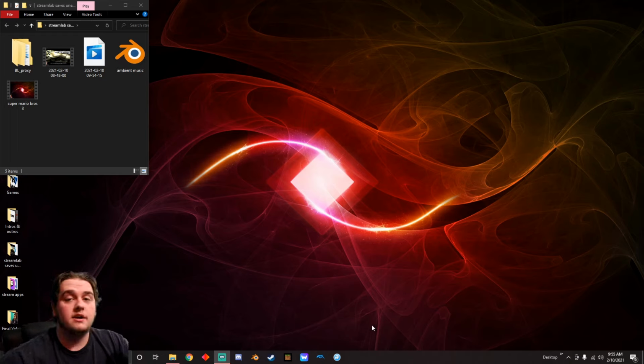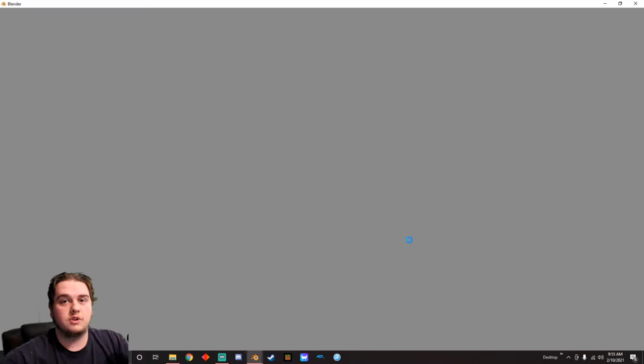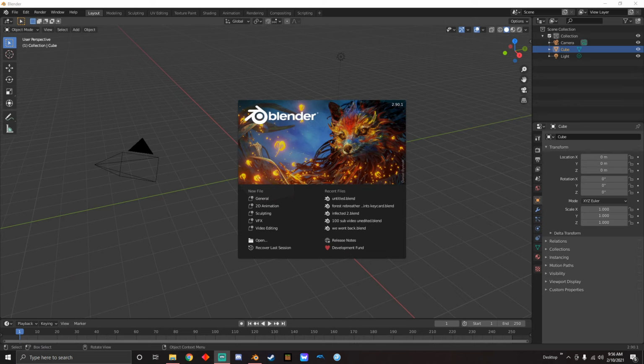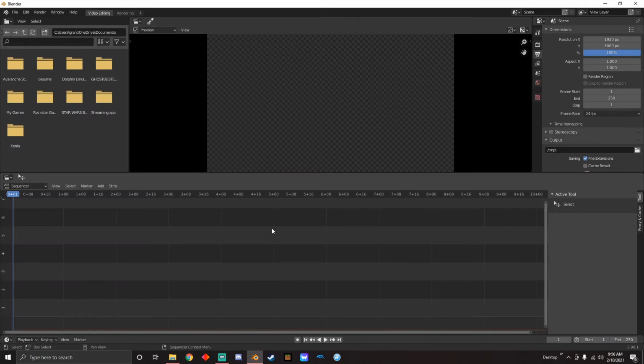And so anyway, first step is open Blender. Straightforward, right? Chances are you have Blender. If you're looking at how to use it, you should have Blender already. So open Blender and you'll see this. First thing, actually, I'm going to get rid of my head here because you don't need to see me for this. So see ya. And now, once you have Blender open, click Video Editing, and it will bring you up